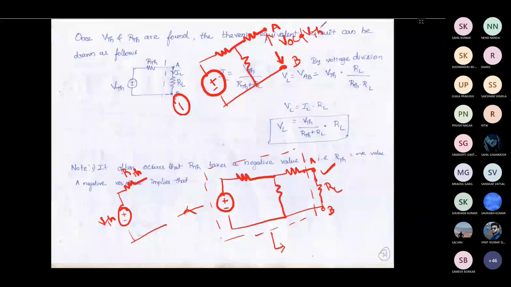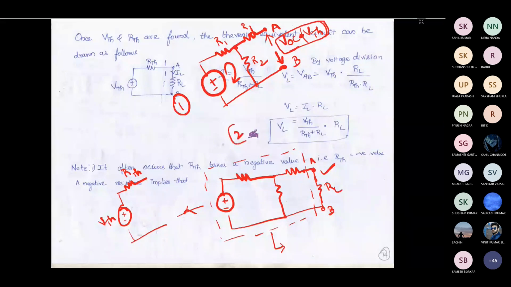Open circuit voltage across the load is VThevenin. Now how can I find it? I know that there is some resistance here, then some resistance here, then some resistance here. Based on the current flowing through them, I can find the voltage across the individual elements. So that is the first step in the Thevenin method: we have to find the open circuit voltage.